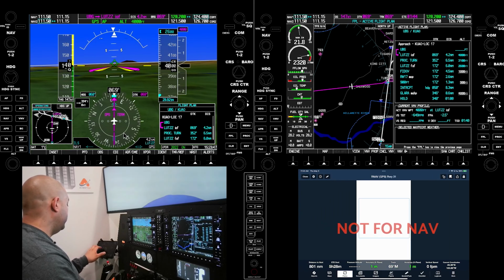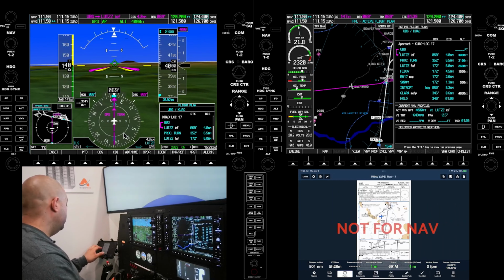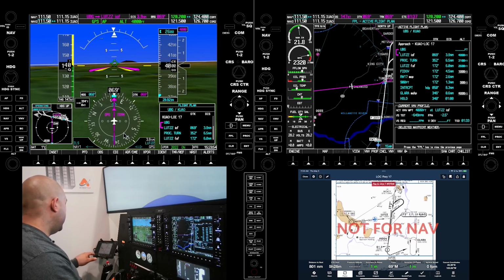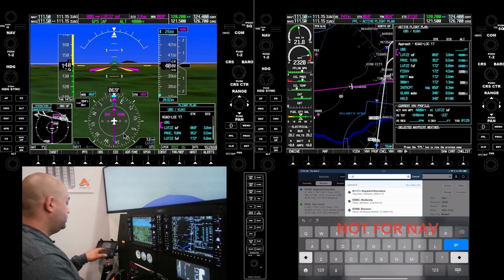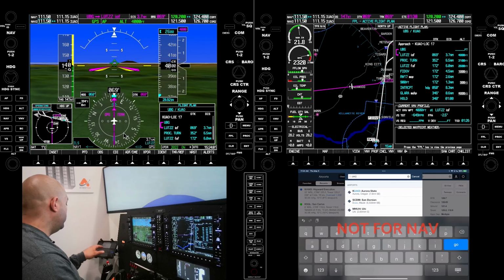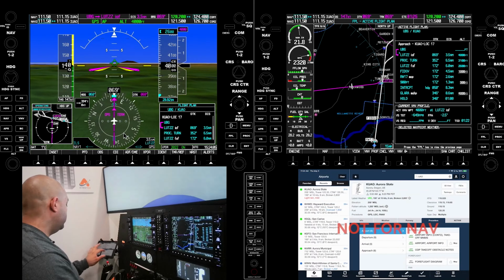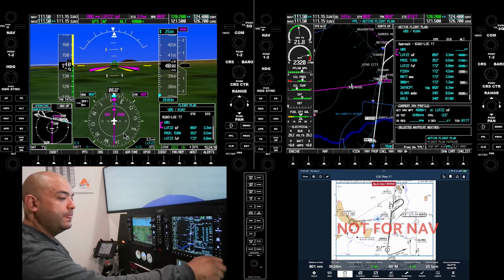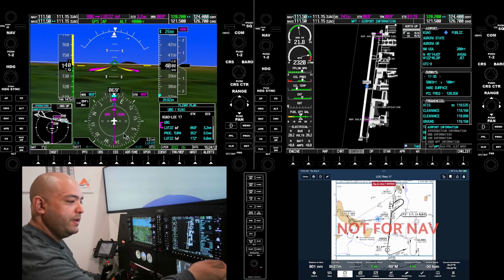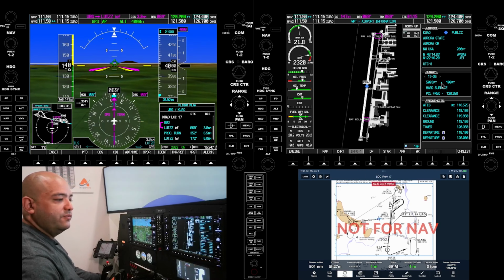I'm just seeing what other charts I have available here, how organized this is. Because for the purpose of this video, that's what we had. Let me go to maps. And this is UAO. I want to see the runway length. So it's a 5,000 foot runway. Another way to do it is if we go here to waypoint using the big FMS knobs. I'll use the pointer for this. 5,000 foot runway. It will show it to us there.